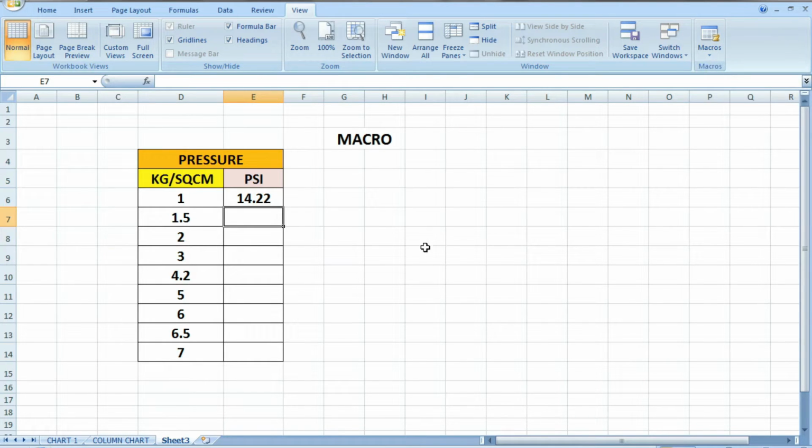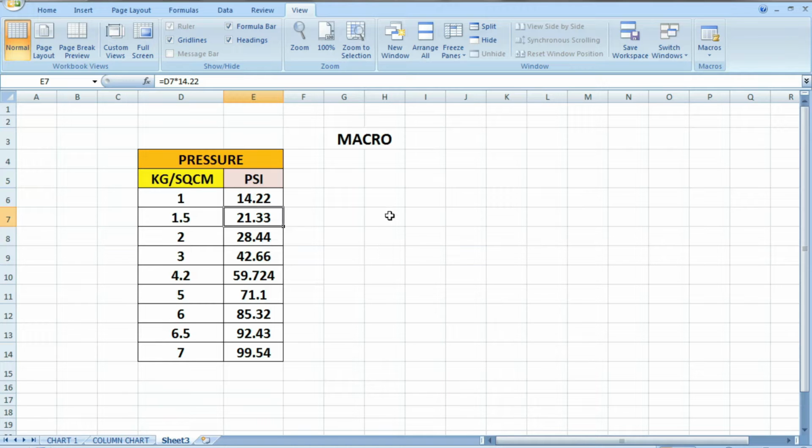Okay, now if we press the shortcut key, then the above calculation will be done automatically. See, all is done by only a shortcut key.